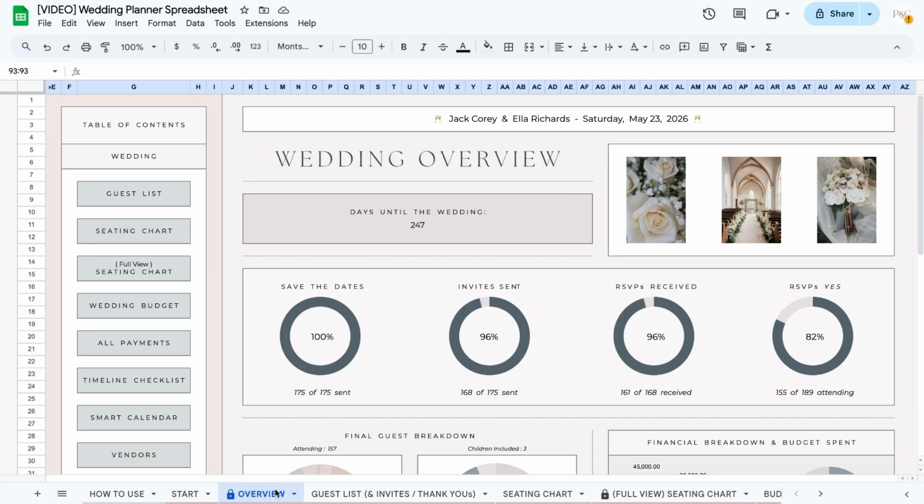Now, when you first open this tab in your blank spreadsheet, it is going to appear very empty and not have many details, but as you slowly add more and more details into the other tabs, this tab will slowly populate. Now, as you may notice in the tab bar, this tab does have a lock with it,